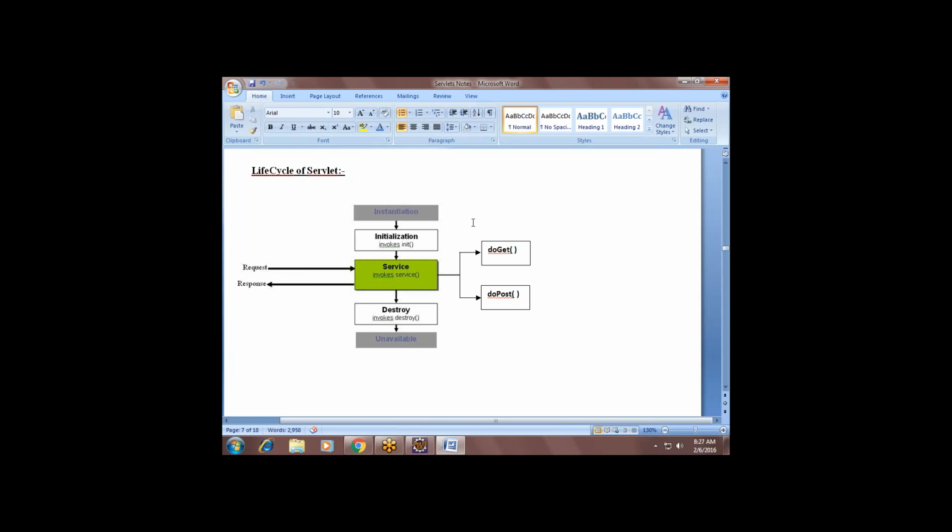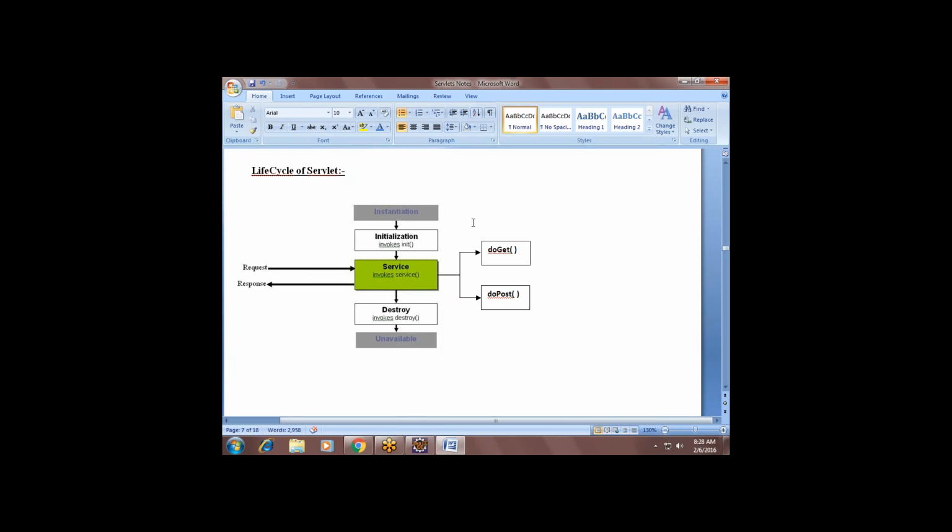When the thread has to stop, you can invoke the stop method. And when the thread is going to be destroyed, the destroy method is called. So based on the situation, all the methods are called. That's why they are called lifecycle methods.